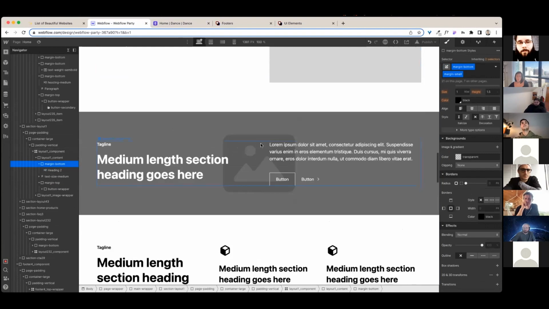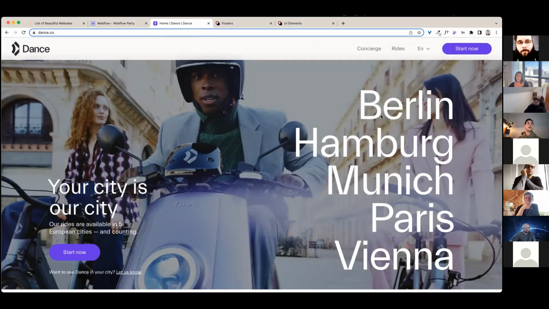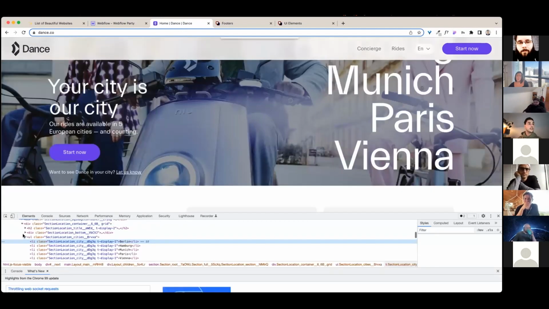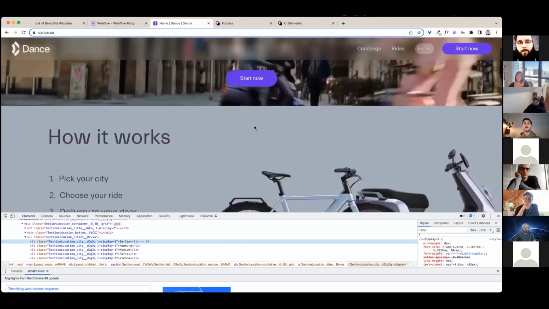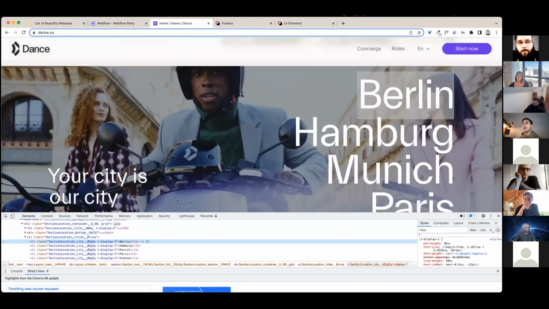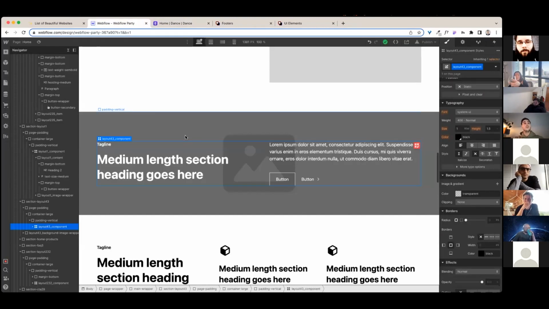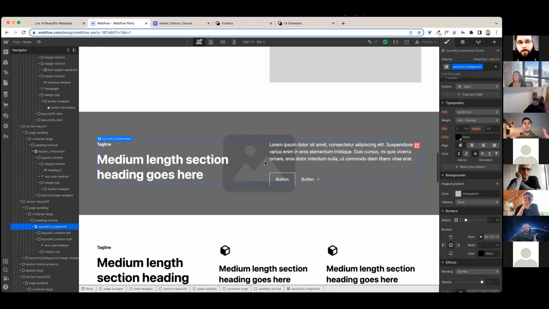All right, so this component, I do want to show you how I'd approach this component. All right, so massive text. This looks like it's probably the largest text. Let me see. Yeah, so this would probably be the same size as this, but this is not an H1. So this is where you would use a class like heading extra large. So let's do that. What I'm going to do is first just look at this component's layout,